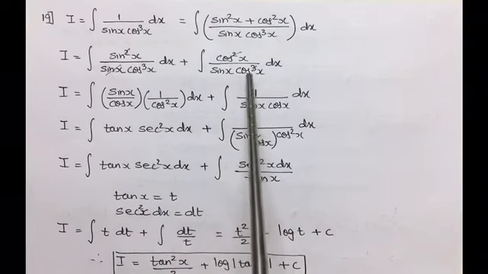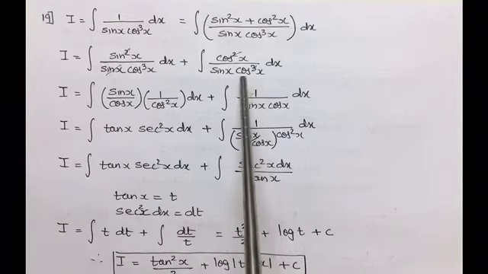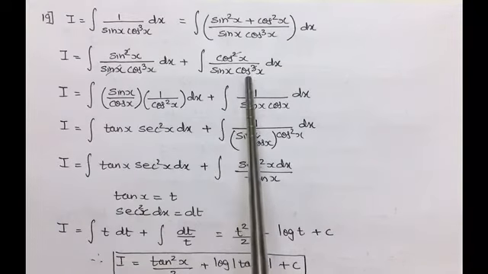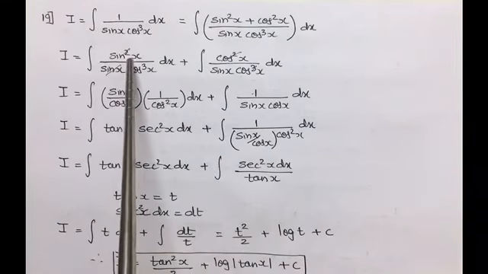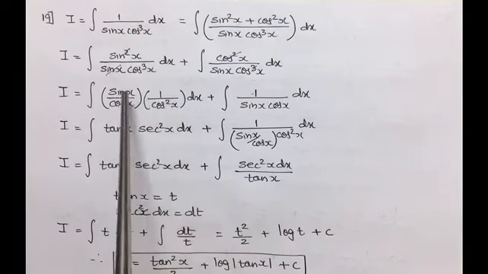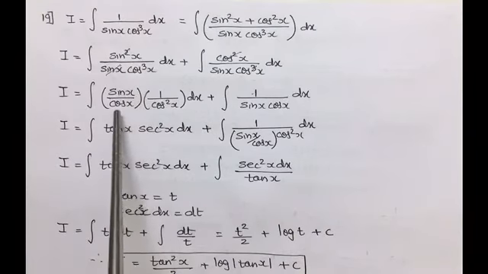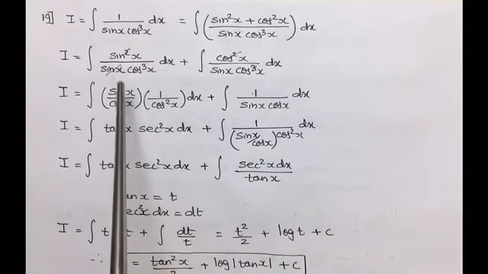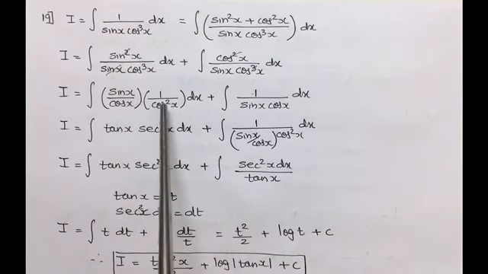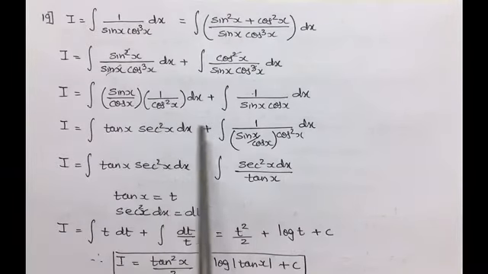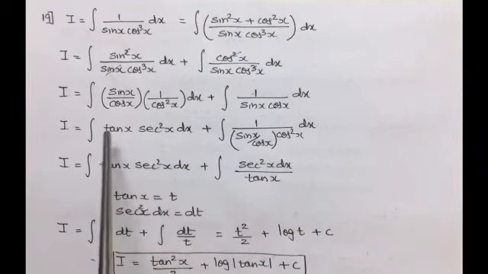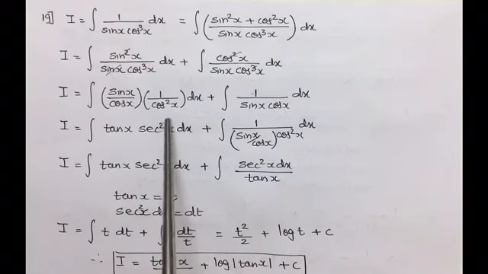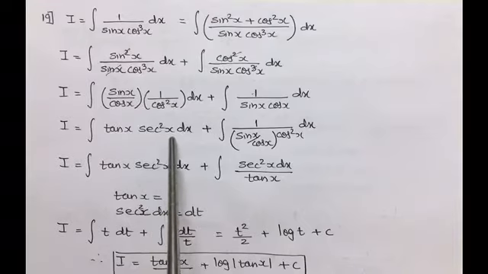Same over here, one cos x remains and sin x dx. Now we are left out over here with sin x upon cos cube x, which is being adjusted and arranged as one cos goes with sin and cos square x is being separated. And here we get 1 upon sin x cos x dx. Sin upon cos is written as tan x. 1 upon cos square x is taken as sec square x dx.